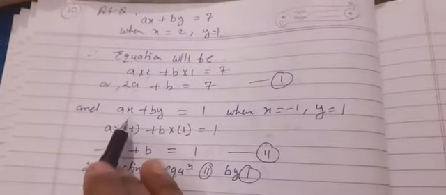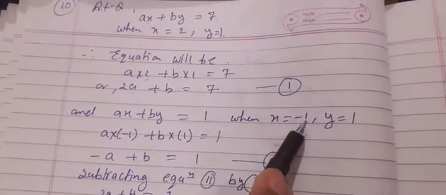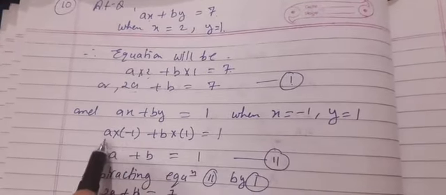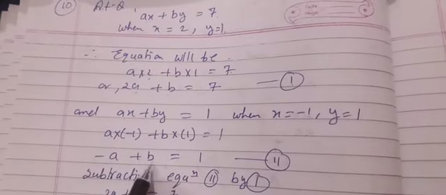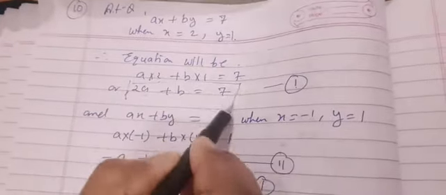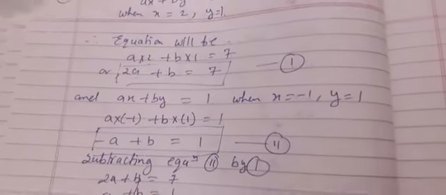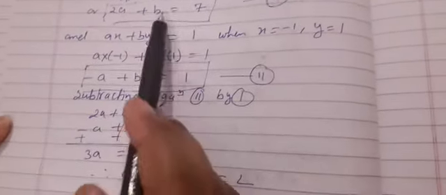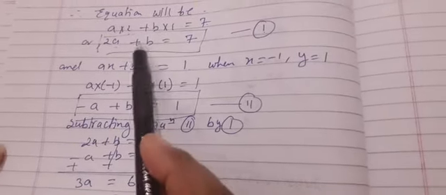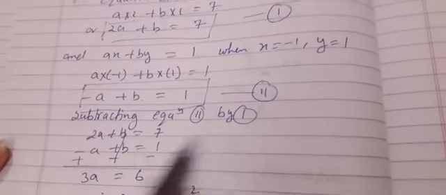Okay, second condition, ax plus by is equal to 1 when x is equal to minus 1 and y is equal to 1. So I have used these values here, minus 1 and 1, and a into minus 1 is minus a and b into 1 is b, that is equal to 1. So now we have two equations and we have to find the values of a and b. Here x and y are not our variables, here a and b are our variables. I have seen whether there is any similar term. Yes, b terms are similar, so no need to multiply, but both are with the same sign, so I have to subtract the equations. That's why I have written subtracting equation 2 from 1.